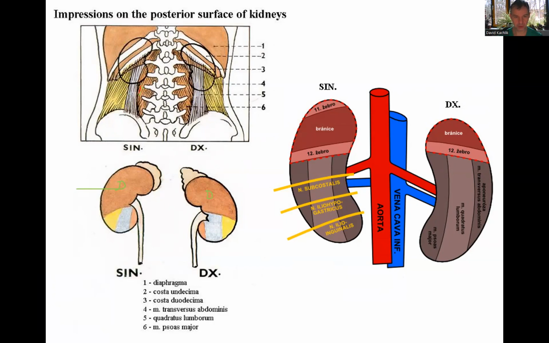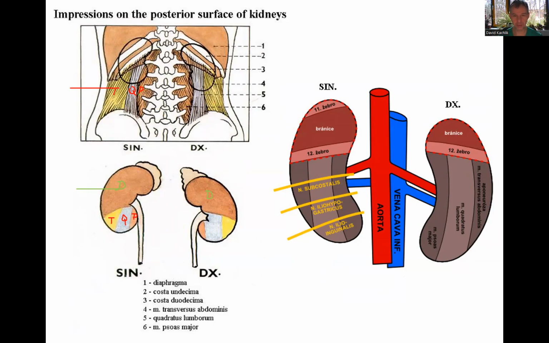It's psoas major, quadratus lumborum, and the deepest abdominal muscle, transversus abdominis. So you can see them also here: psoas major, quadratus lumborum, and transversus abdominis. Yeah? So dorsally, just muscles. But because there's a diaphragm,